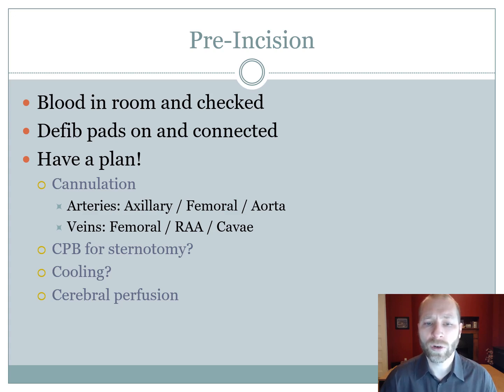Are you going to use axillary cannulation, femoral cannulation, or are you going to do direct cannulation with the aorta? And also for the venous system, are you going to do a femoral cannulation? Are you going to cannulate the right atrial appendage centrally, or are you going to cannulate the cava directly inside